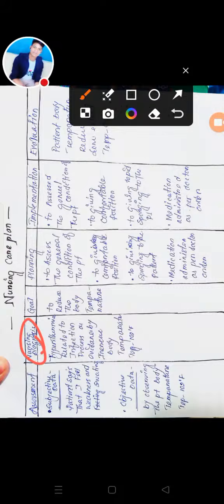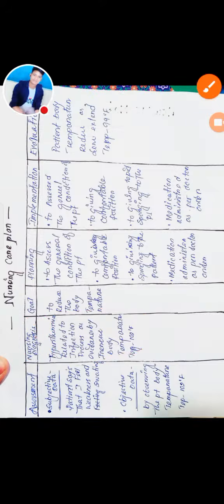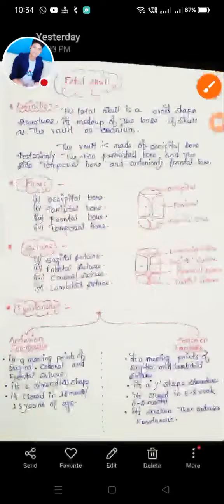In the nursing diagnosis, the same diagnosis that we are making, you have to copy and paste here. Same nursing diagnosis, copy and paste here. For the fever I am making it like this: hyperthermia related to the infection process as evidenced by the patient's body temperature. If it is pain, you have to write acute pain related to the